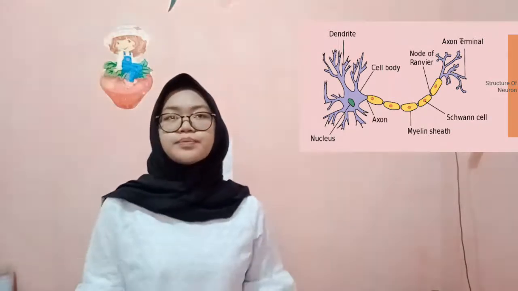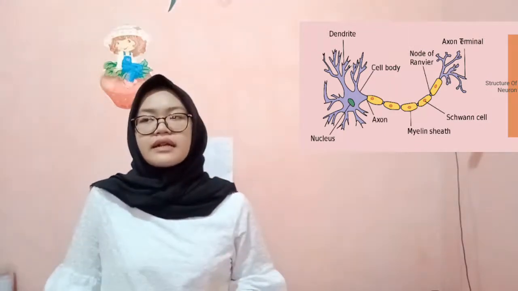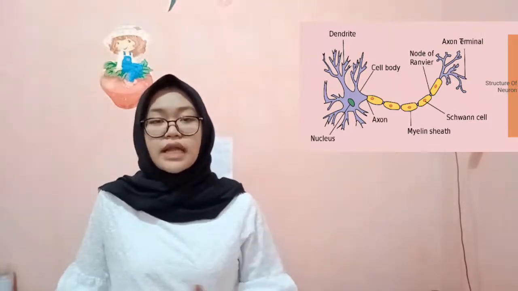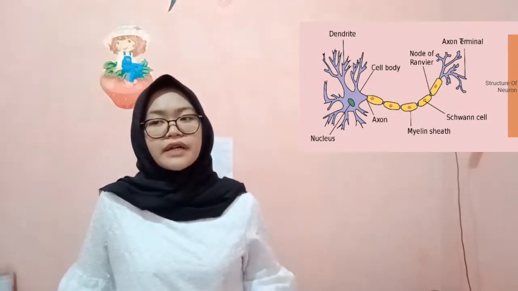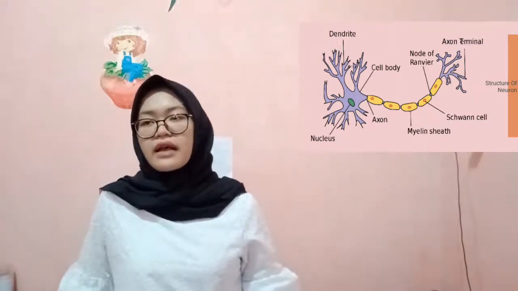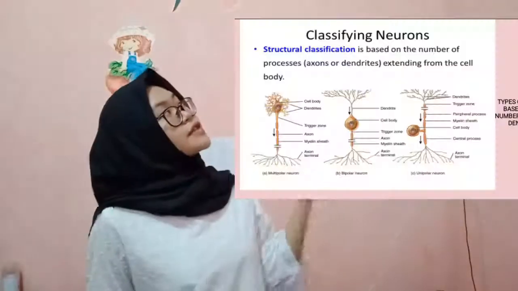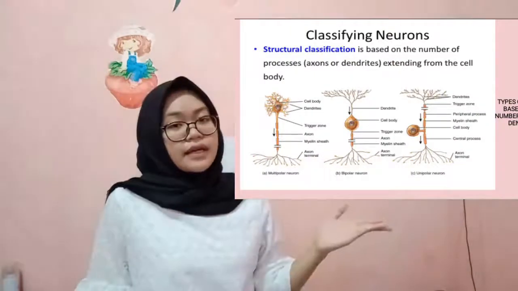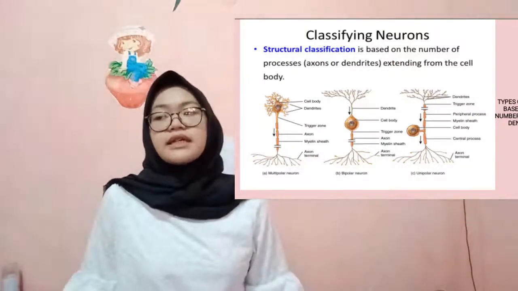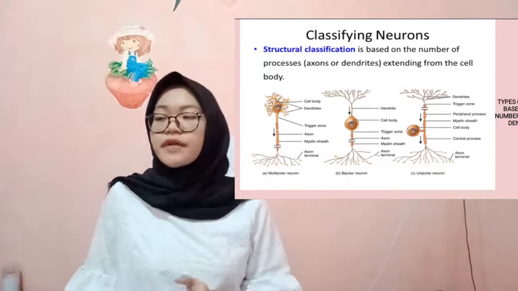Okay, so the main function of the axon is to receive the stimuli from the cell body and deliver it to another neuron cell, glial cell, and etc. Okay, we continue to the next slide. This slide mentions the types of neuron cell